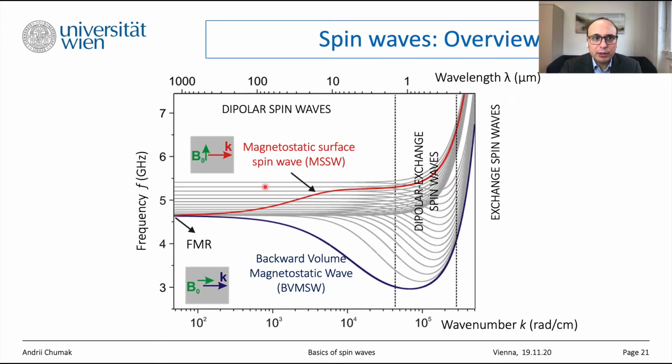So principally, we can work in wavelengths starting from millimeter and down to, for these frequencies, 100 nanometer, let's say, for this material. Nevertheless, we should not forget this is not the end of the dispersion curve. It's just the very beginning, more or less a zero point of the dispersion curve, because dispersion of spin waves in terms of wavelengths is limited by the lattice constant of your magnetic material, so this is atomic scale, and in terms of frequency, it finishes in the tens or hundreds of terahertz frequency